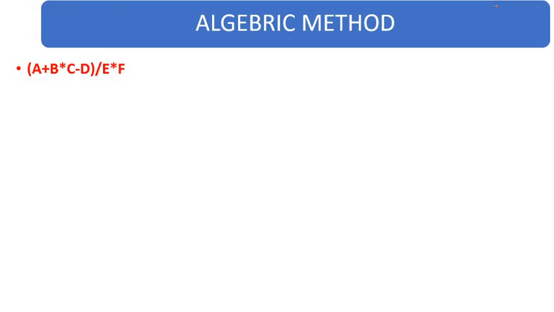Before starting that, tell me what kind of expression you are seeing on your screen. What kind of expression is it? Infix, prefix or postfix? Correct. It is an infix expression because you are seeing that each and every operator is written between the operands. Okay. Now, before solving this, first you have to place brackets according to their precedence.